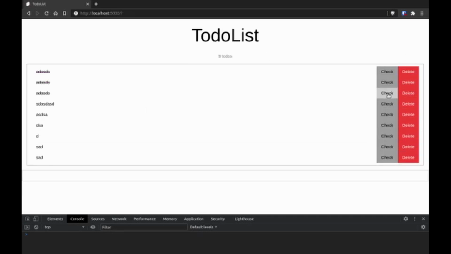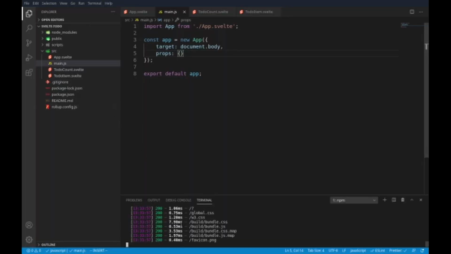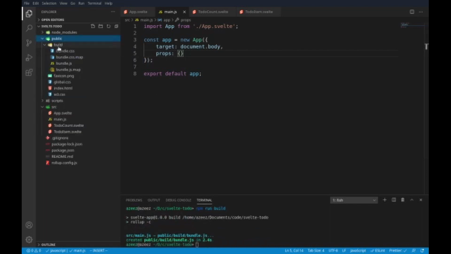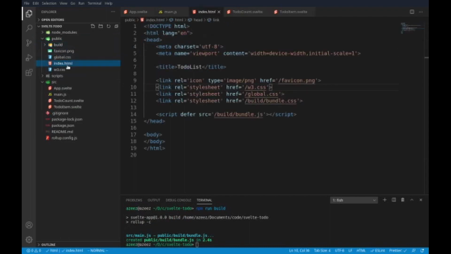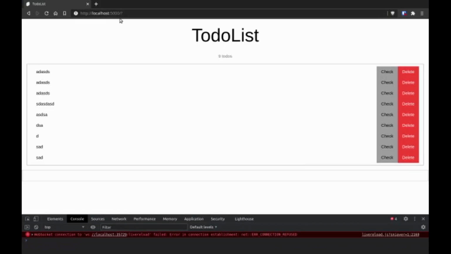And now I will also show you how you can deploy this application to the web for all of your friends to see. So let's do that real quick. I'm going to shut down the server first of all, and then I'm going to type npm run build. So now what this will do is it will build your Svelte application and save it in the public directory. So now all you have to do is visit index.html over here and it will work. But if I visit this, let's see, copy path. If I visit this right here,